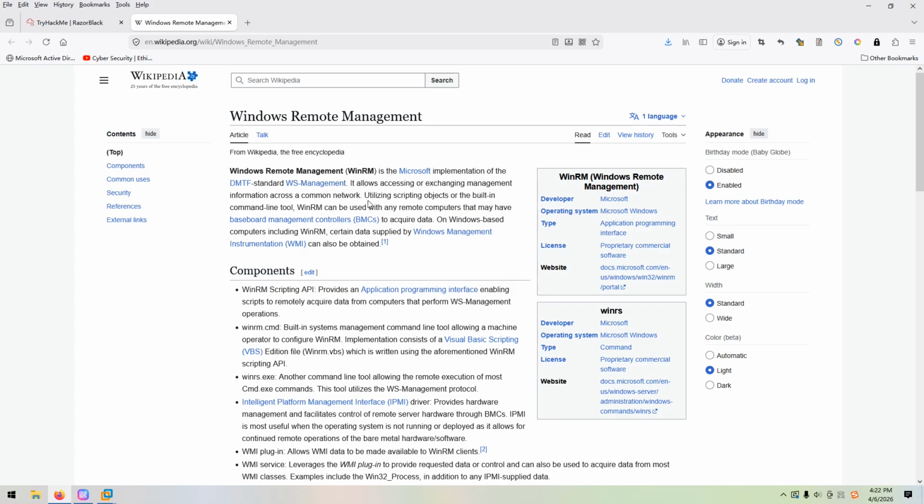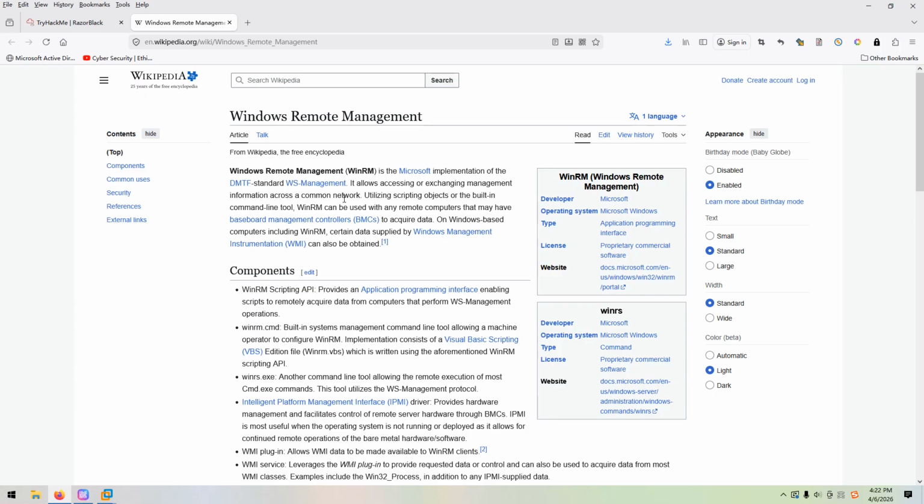It allows accessing or exchanging management information across a common network. It usually runs on port number 5985 or 5986. If a user is a member of the administrators group or the remote management users group, then we can log in remotely using